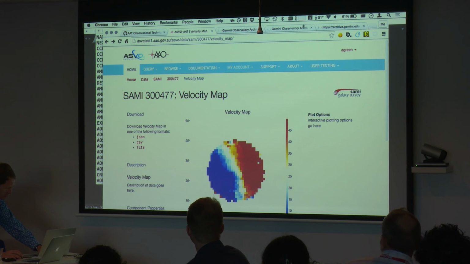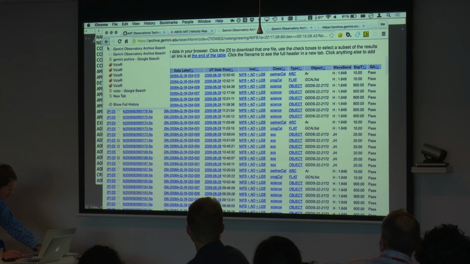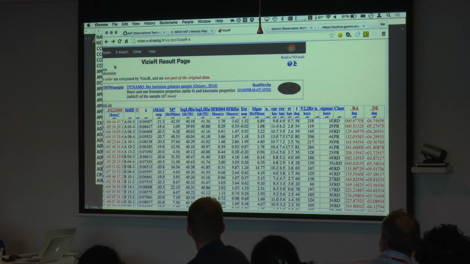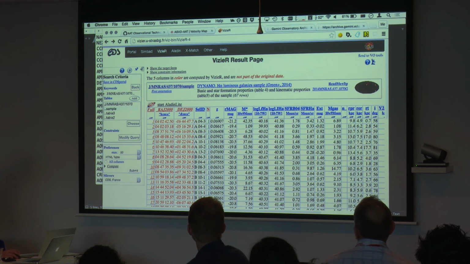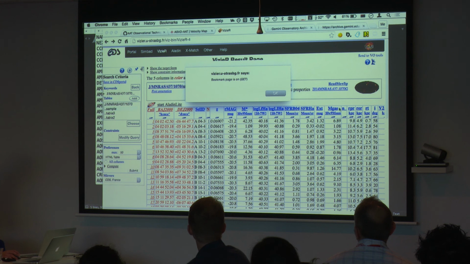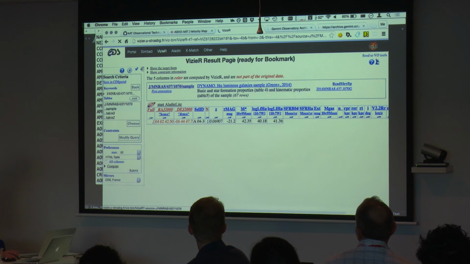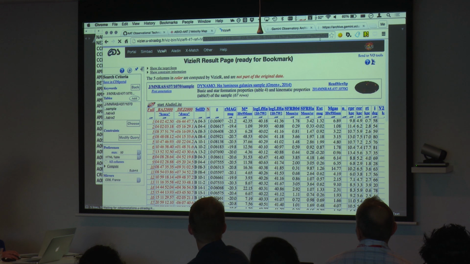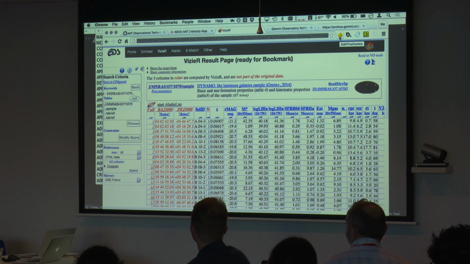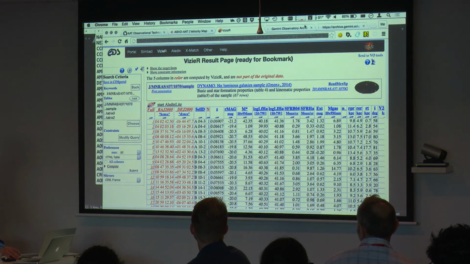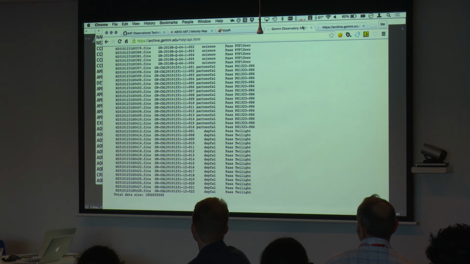You probably weren't paying any attention, but if I go back to the Vizier URL, well, actually it's put nothing up here, which isn't very helpful, because what do I type in there? A bit of fooling around. I think if I push this magic button, it will reload, and you'll see that it's got this horrid gobbledygook, which goes on and on and on. If you're trying to write a script to do that, you're never going to get it right. And so there is very much the shift towards what Gemini has done, which is to make this as simple and as straightforward as possible. Interestingly enough, this whole thing is actually hosted on Amazon